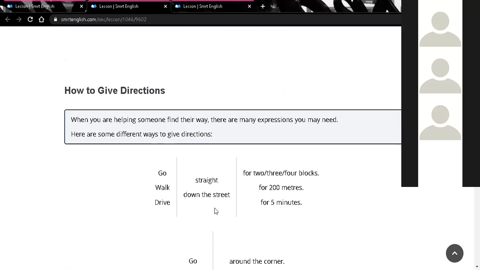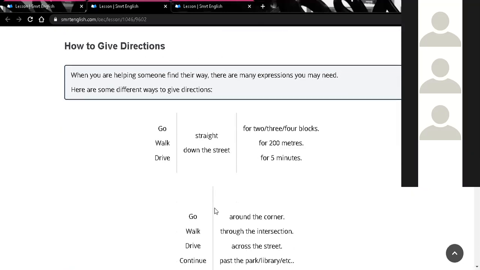Now, how to get the directions? It says, when you are helping someone find their way, there are many expressions you may need. Here are some different ways to get directions. So in this order,